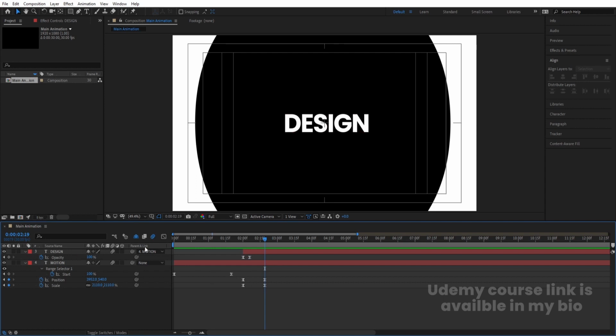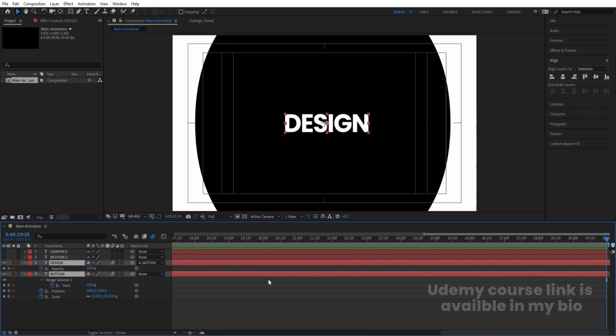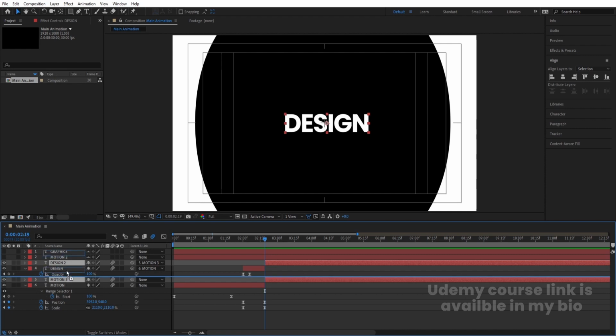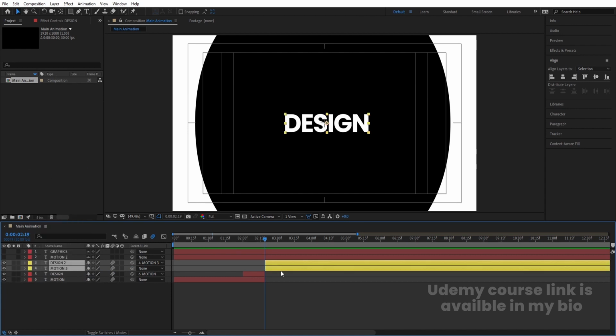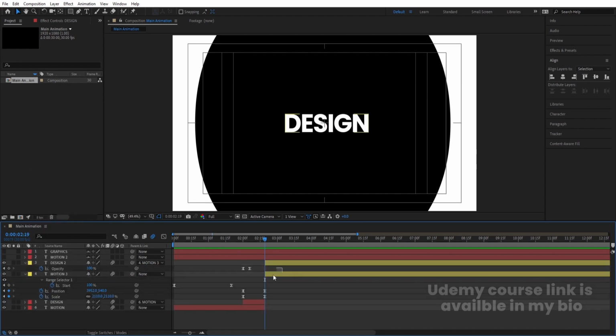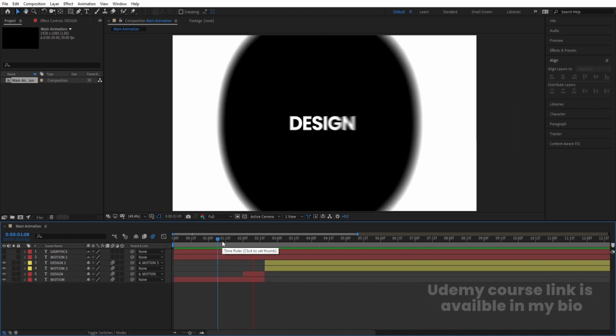like this. Now let's disable this and now we are going to select this text and this text, and make sure that you are at the last keyframe of these two and press Ctrl Shift D to split this and bring them at the top. Okay, now we don't need to focus on this one, we need to focus on this one. So I'll change the color of them to yellow and hit U, and we will delete all the keyframes before. Okay, so if you see this now, first I'll get this, then this,